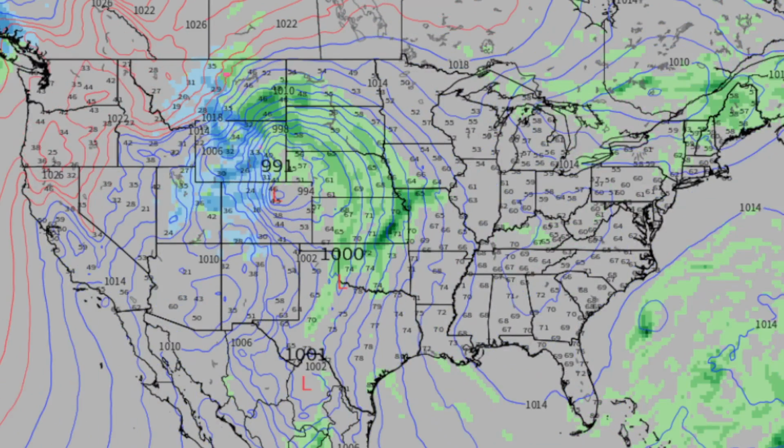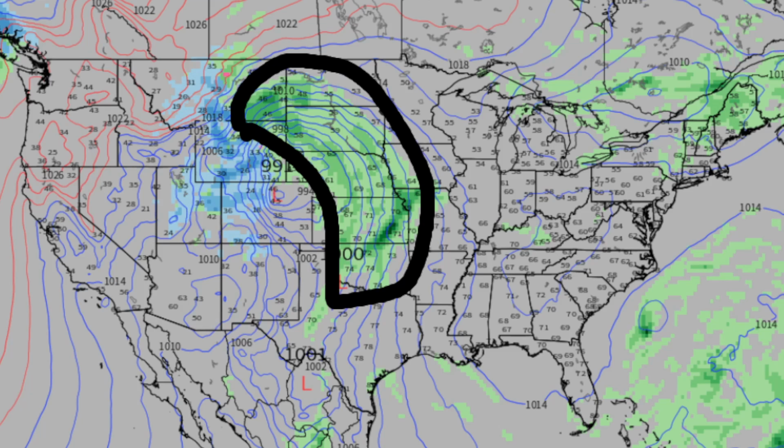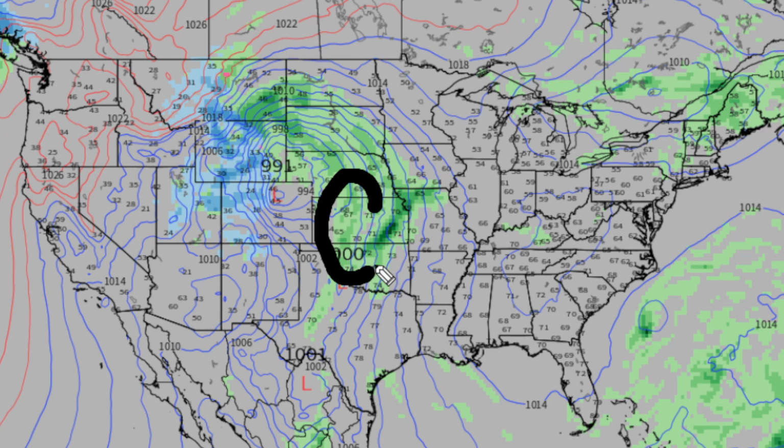As you can see, this continues throughout October 13th, and you're starting to see very widespread rainfall in the more eastern part of this low pressure system. That's going to bring some severe weather over here in this type of area. We're going to look at that in a little bit here, but this is going to continue throughout the Wednesday of next week. And as you can see, we do have some definitely well-defined lines of thunderstorms down here, and even possibly another low pressure system forming around Texas.